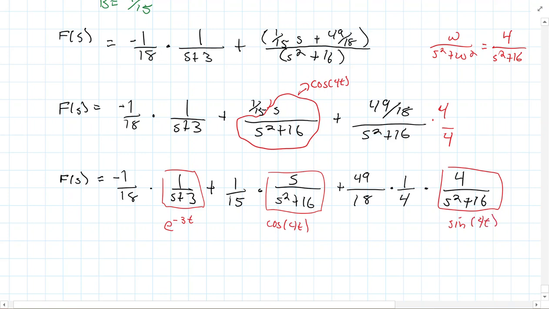Now all we have to do is do the arithmetic out here and get the numbers to work out. And so in the end what we'd have here is that f of t would be negative 1 over 18 e to the minus 3t plus 1 over 15 cosine of 4t. And then if you do the arithmetic, you'd have plus 49 over 72 sine